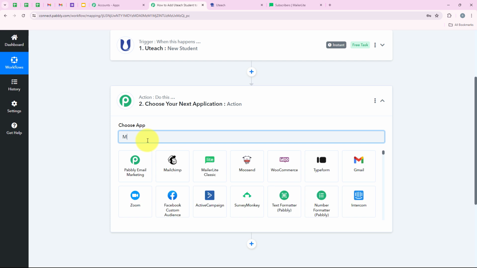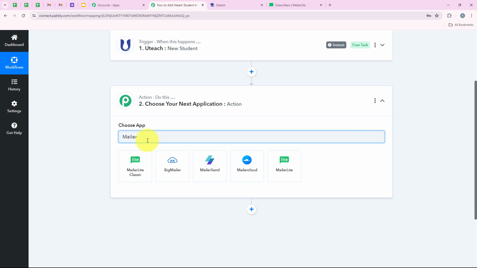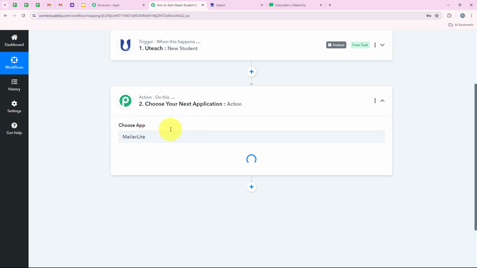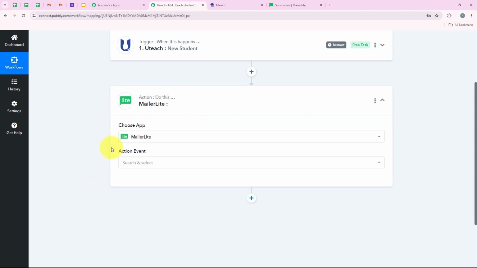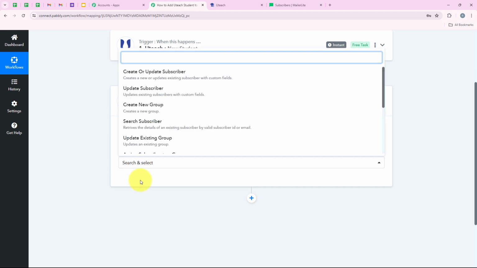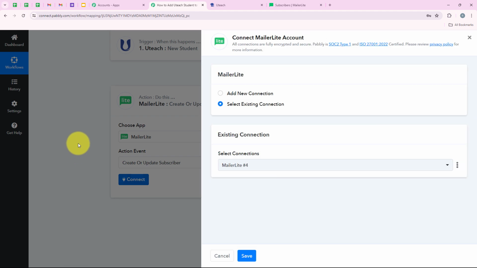So for our action application, we are going to select MailerLite because I want that as soon as a new student is made registered in our Uteach account, automatically a subscriber should be created in my MailerLite account with the same details, so that I can nurture these leads with the targeted email marketing campaigns. So now I'm going to search for MailerLite, and then we are going to select it. And now it is asking me for the action event. So we are going to select it as create or update a subscriber,